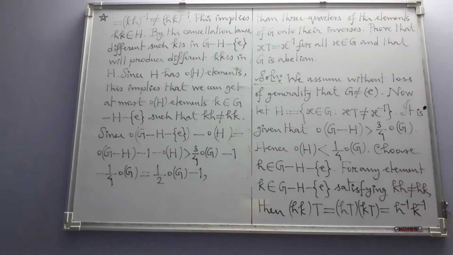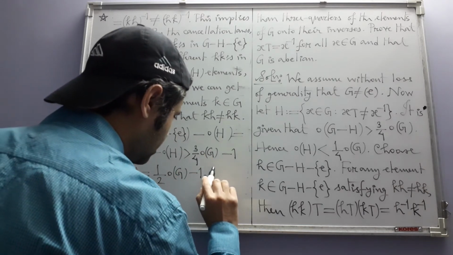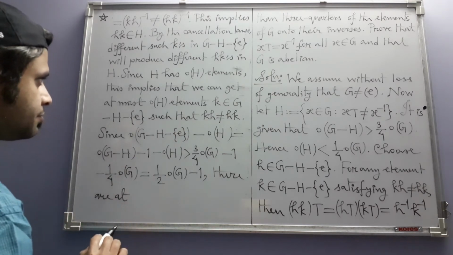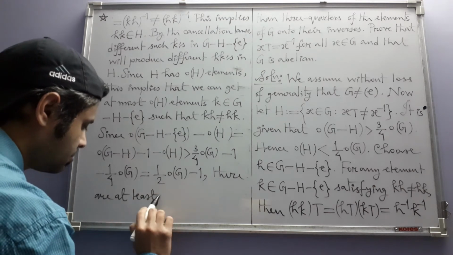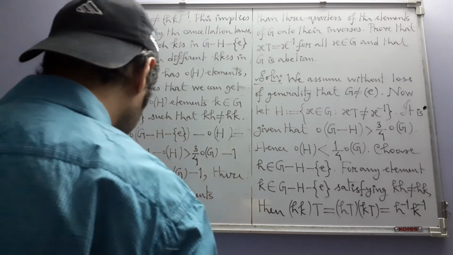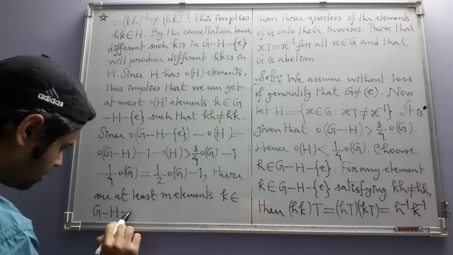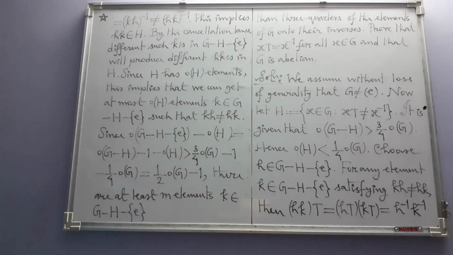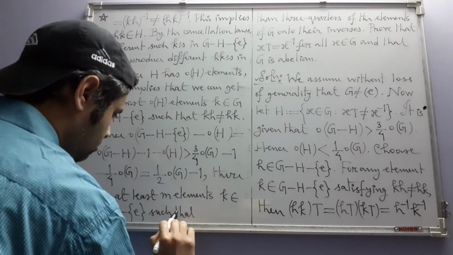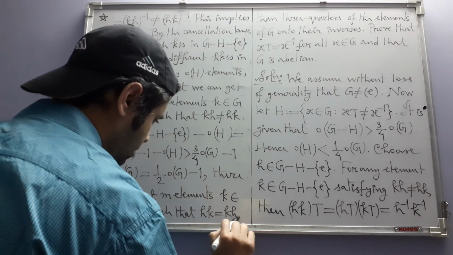Okay, so since this is equal to this, there are at least m elements k belonging to G minus H minus e such that hk is equal to kh, where